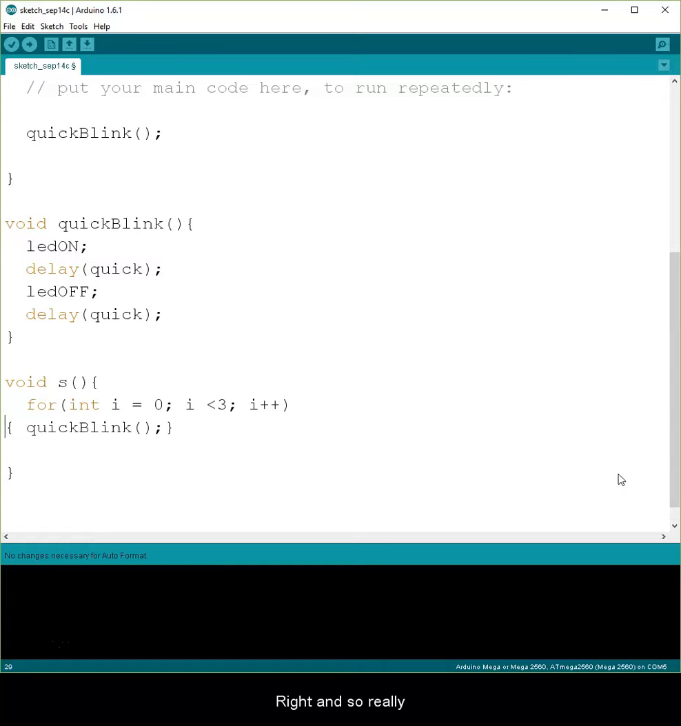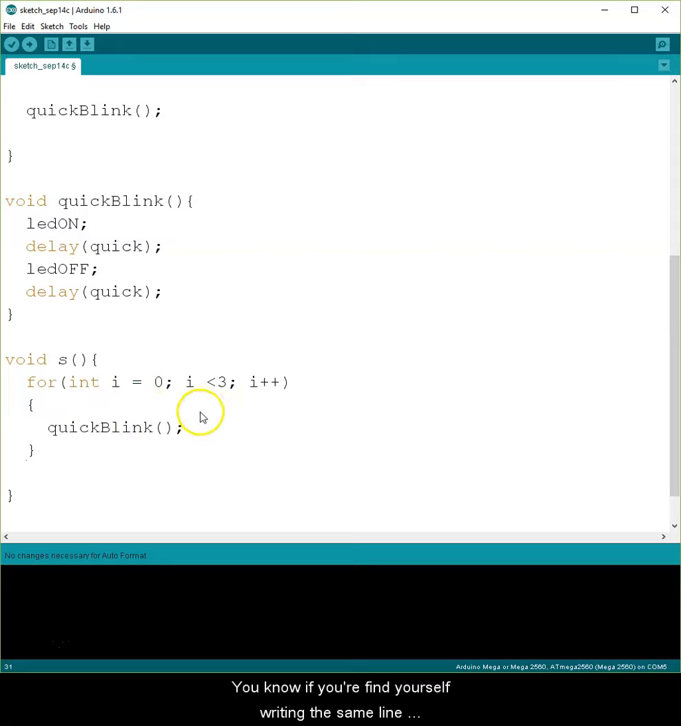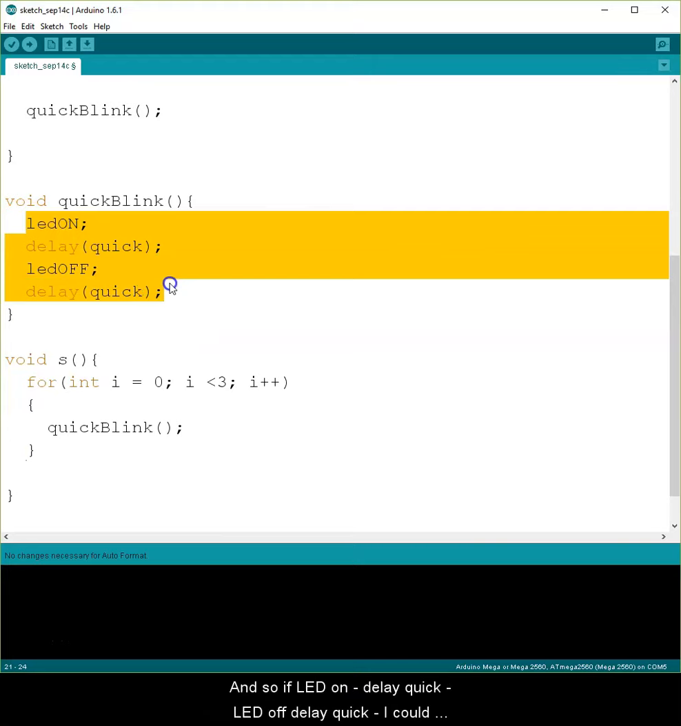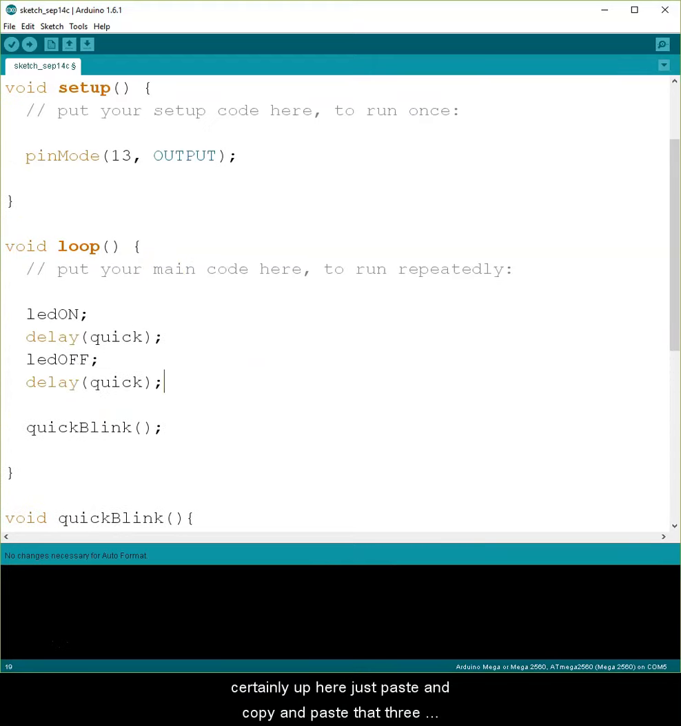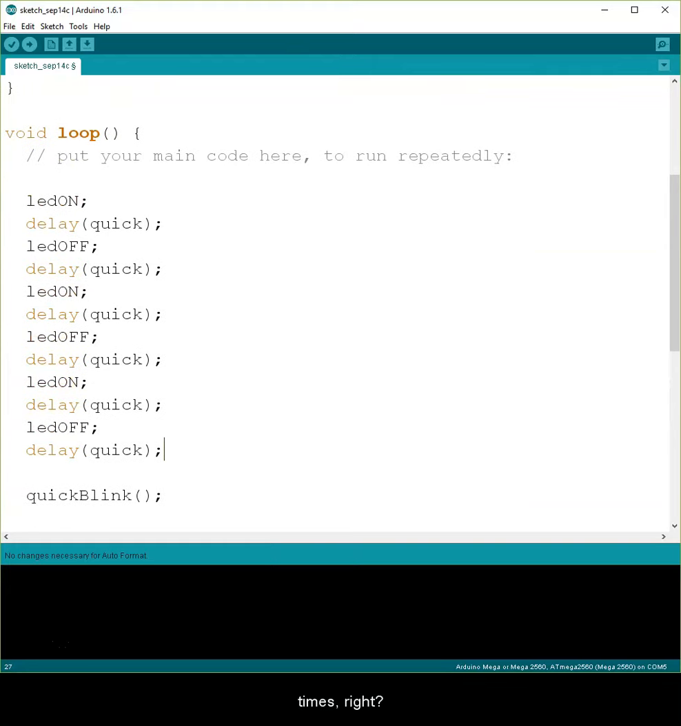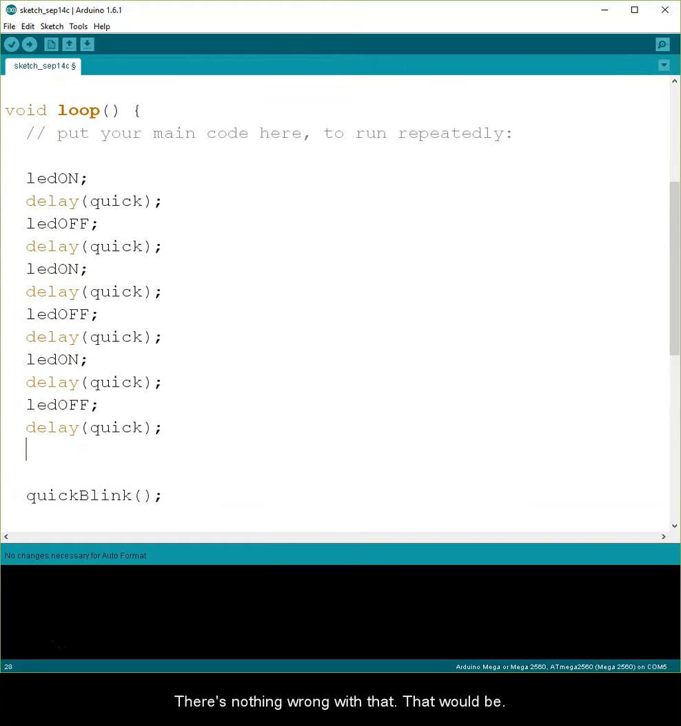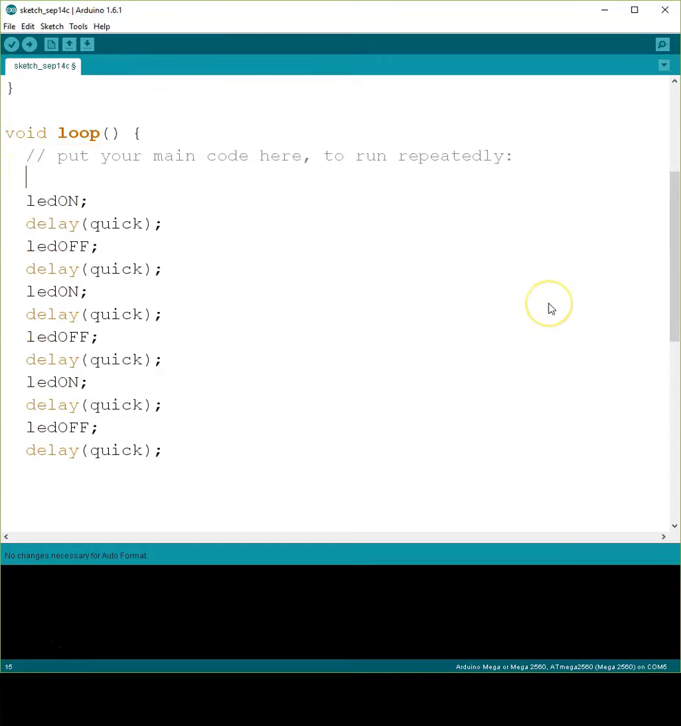And so really, if you're finding yourself writing the same line of code, if you find yourself copy-pasting code, what you should think about is is there a more efficient way to write this? And so if LED on, delay quick, LED off, delay quick, I could certainly up here just copy and paste that 3 times. Whew, right? There's nothing wrong with that. That would be S